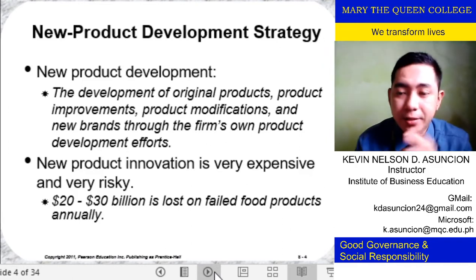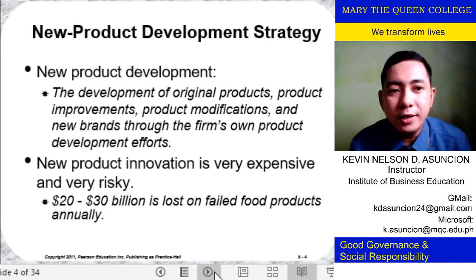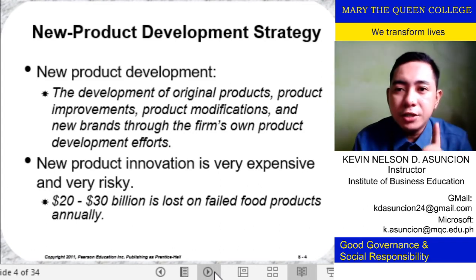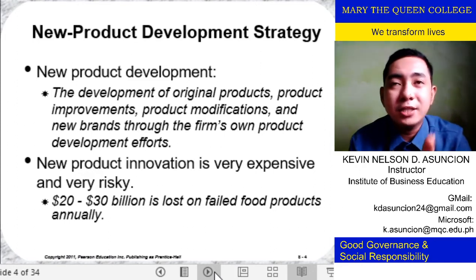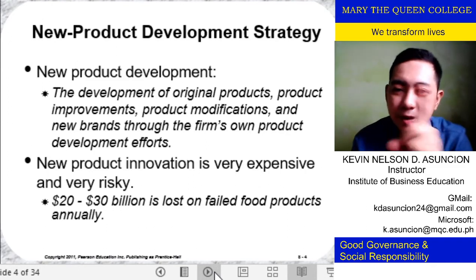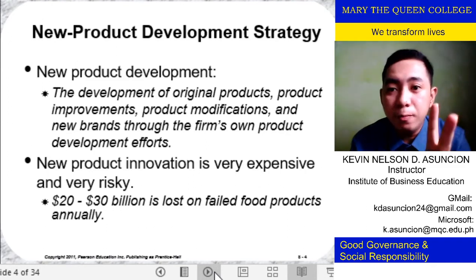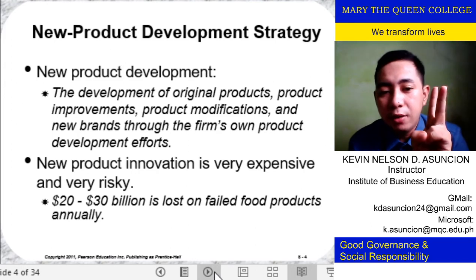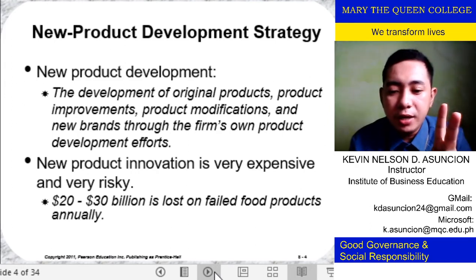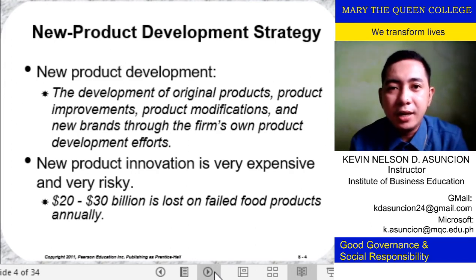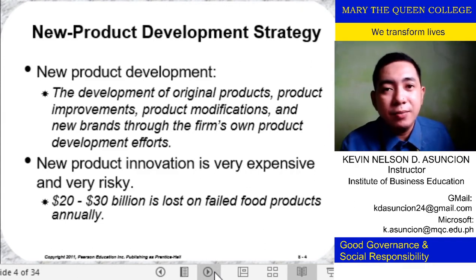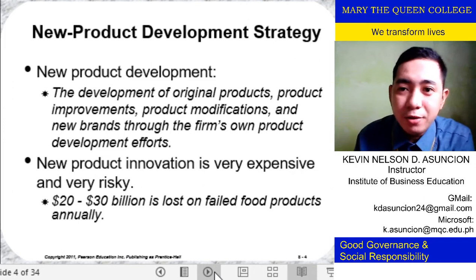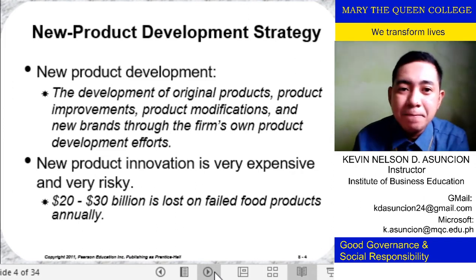New product development. Look at this. We can create new products in different ways. First, we can invent. Number one is to invent. You are making something out of scratch, out of nothing, na wala pang ganyan. Ikalawa, we can do duplication. What is duplication? We can make products na ginagawa ng iba, no? Na ginagawang strategy ng iba at ina-apply mo dun sa pinopropose mong idea or sa business, no?